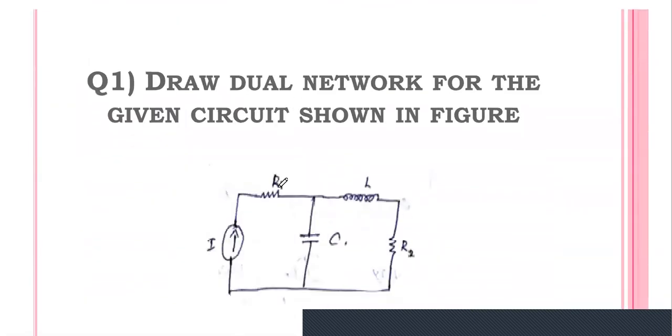So you just see the diagram. This is our given diagram, and for this network we are going to draw the dual network. First we have to identify how many loops. This is one closed path and this is one closed path. In each closed path we have to make one node. So this is node 1. Similarly, within this closed path, we have to place another node, node 2. So this is the first step.